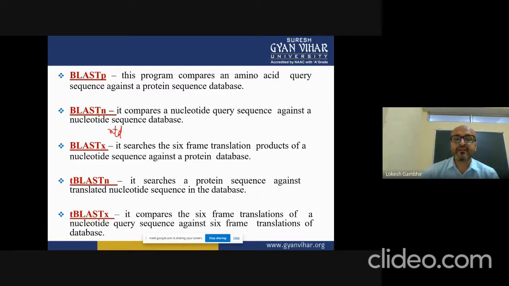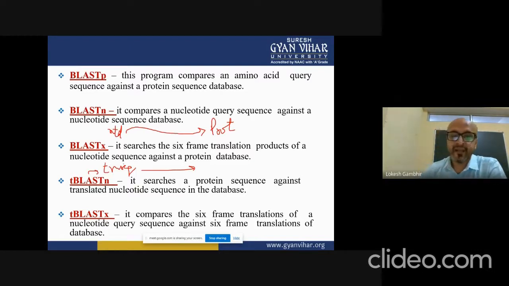Your question is in the form of a nucleotide sequence and you want to match it with the protein database. With TBLASTN, you have a translated nucleotide sequence and you want to match it with the database.